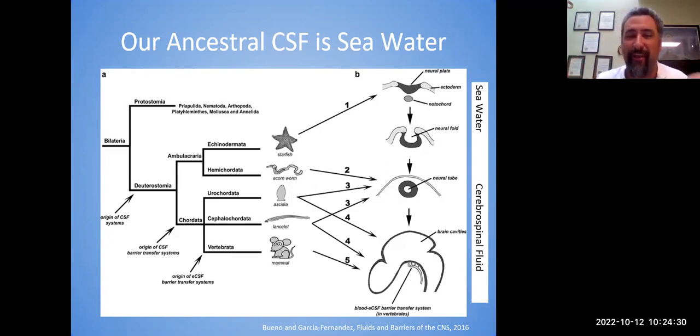And I can guarantee you that information was being collected by these cells from the external world, from the seawater, and being transmitted to the organism. Right? From the interaction of these cells and the fluid that was all around them. Okay? These cells are still present in us today, evolutionarily. They are now perceiving and sensing the cerebrospinal fluid. Okay? So even evolutionarily, the cells that are making contact with the cerebrospinal fluid today are still gathering information from